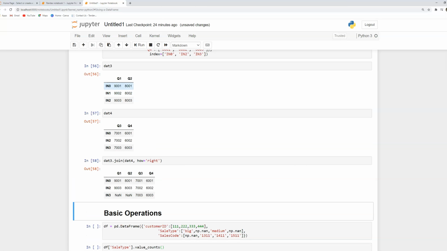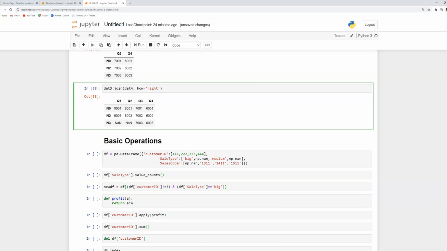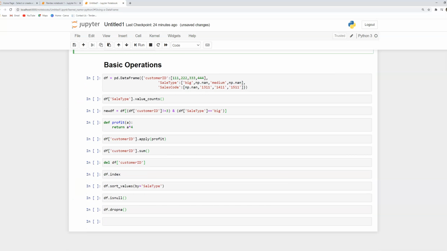So basically, you are bringing in all the columns together based on the available row numbers. So you are joining DAT3 with DAT4 with a right join. When you say right join, you should have all the rows from the right data set, that is the DAT4 data set.